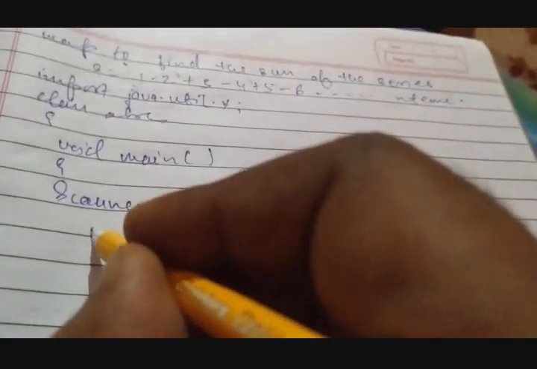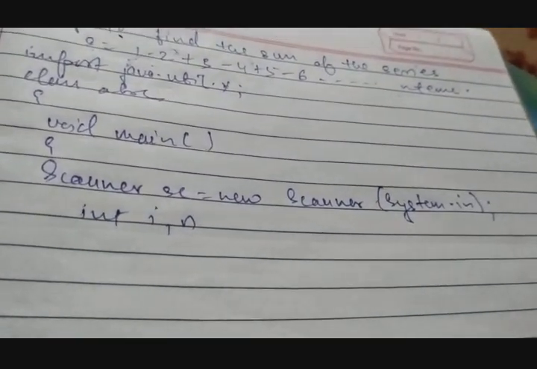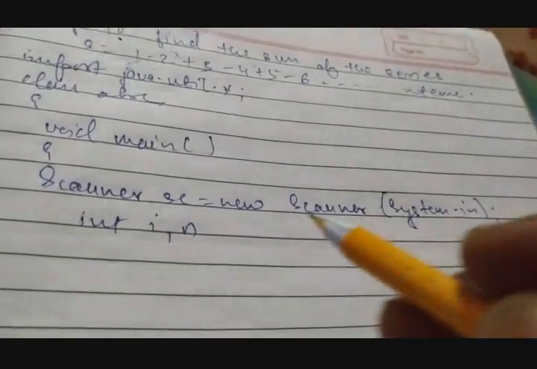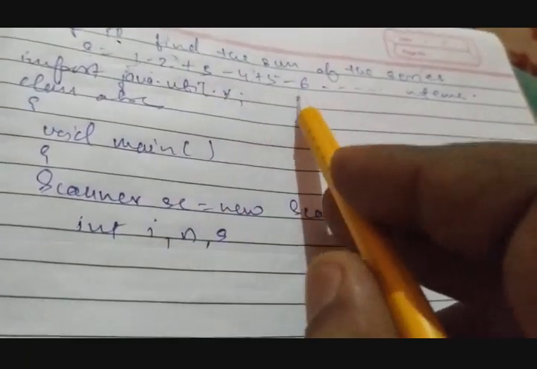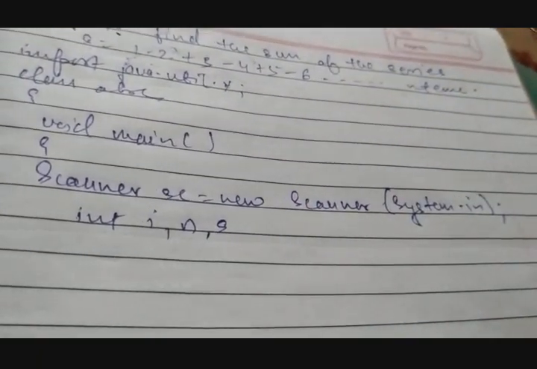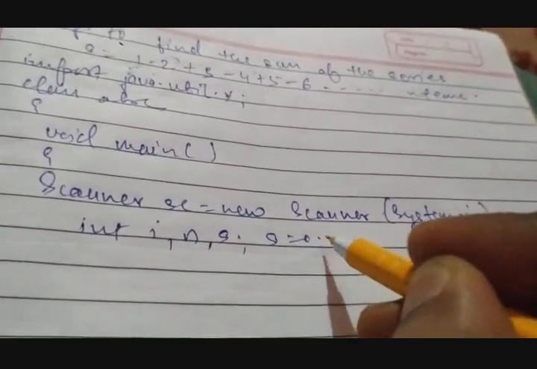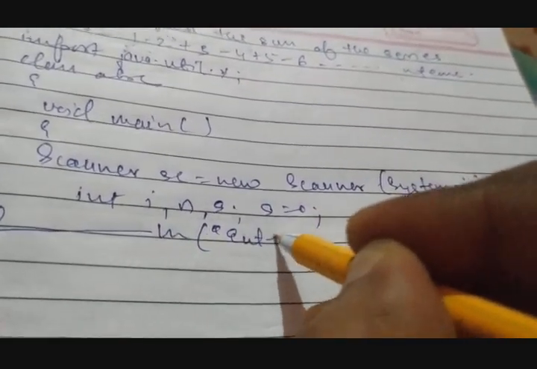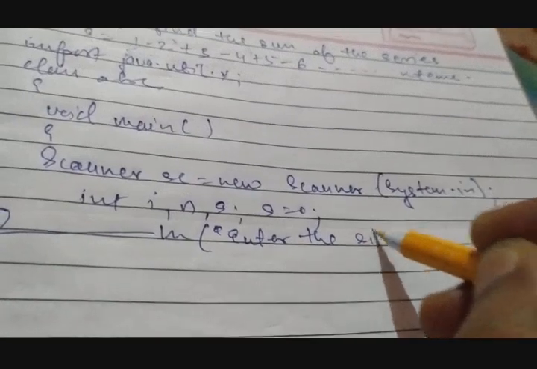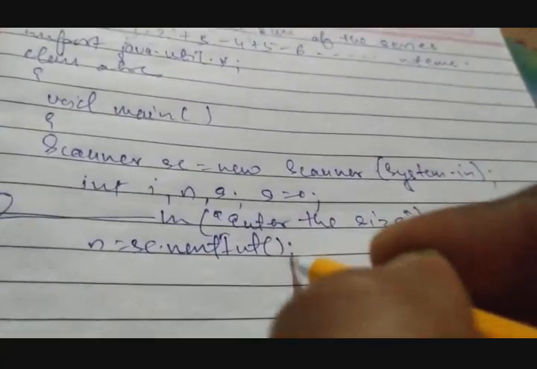Now what variables are required here? We require an i for the loop, an n for the limit, since we don't know what the limit is, and we need a sum s. Since the series has positive and negative integers only, no decimal values, I have kept s as an int. Now the s value is there. System.out.println("enter the size"); n equals to sc.nextInt();